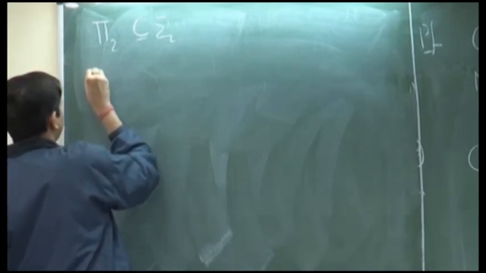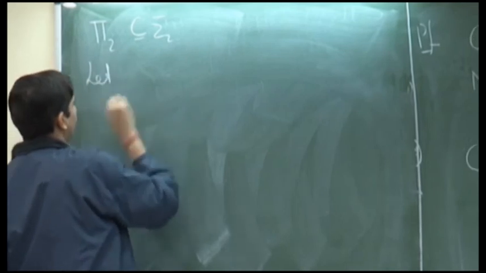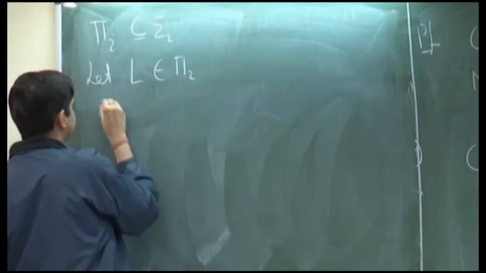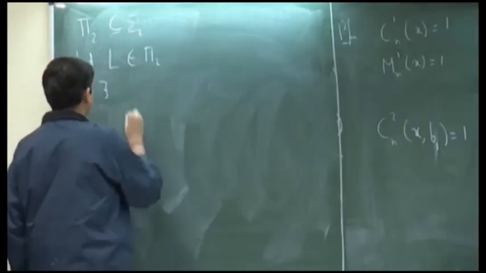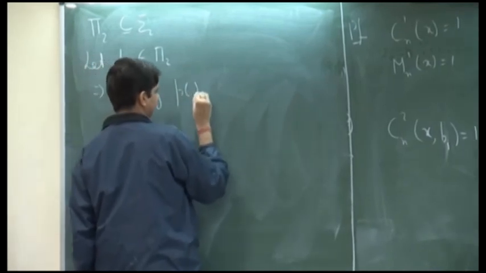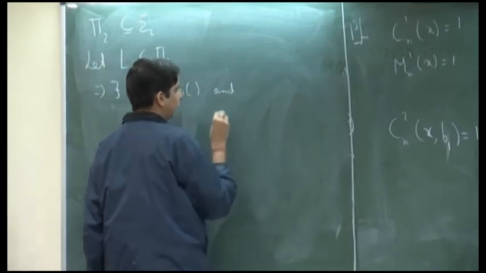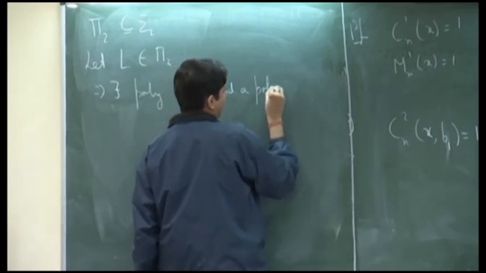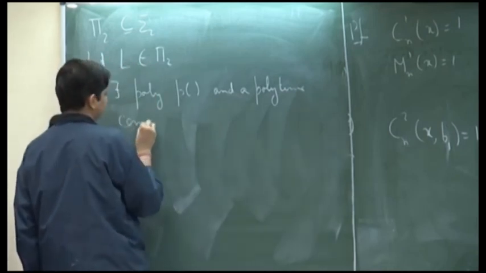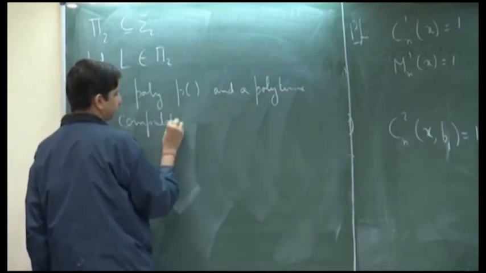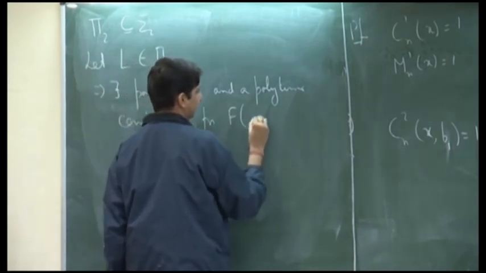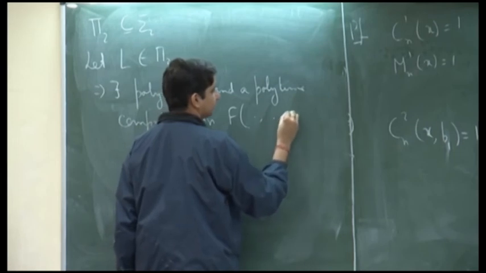Which means that if we have a language L in pi 2, this implies that there exists some polynomial p and a polytime computable function f on 3 arguments